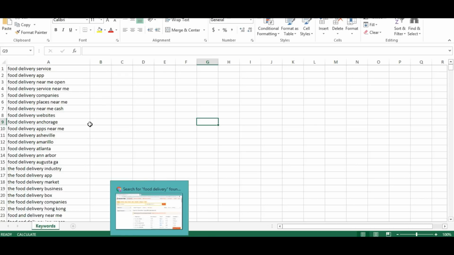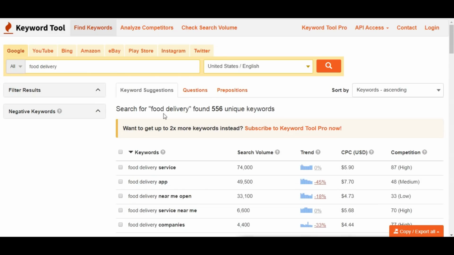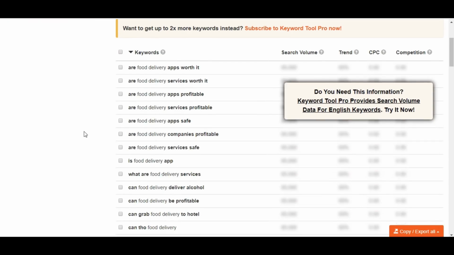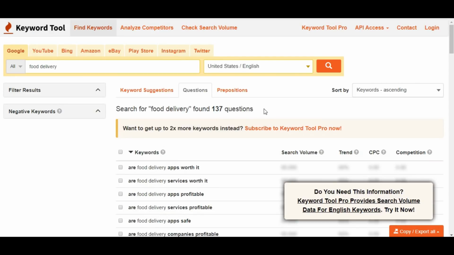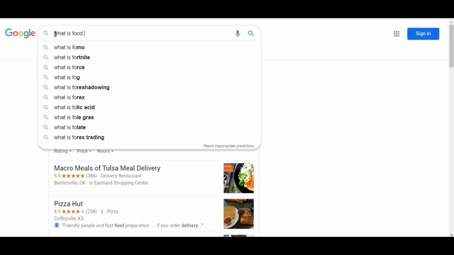So we are going to analyze all of these, and before that we are going to the questions related to food delivery. Actually, we found 137 questions. Nice, huh? Seriously, it's nice. So we need to extract all these question keywords. Why question keywords? Because people used to search like, what is, let's see, what is food